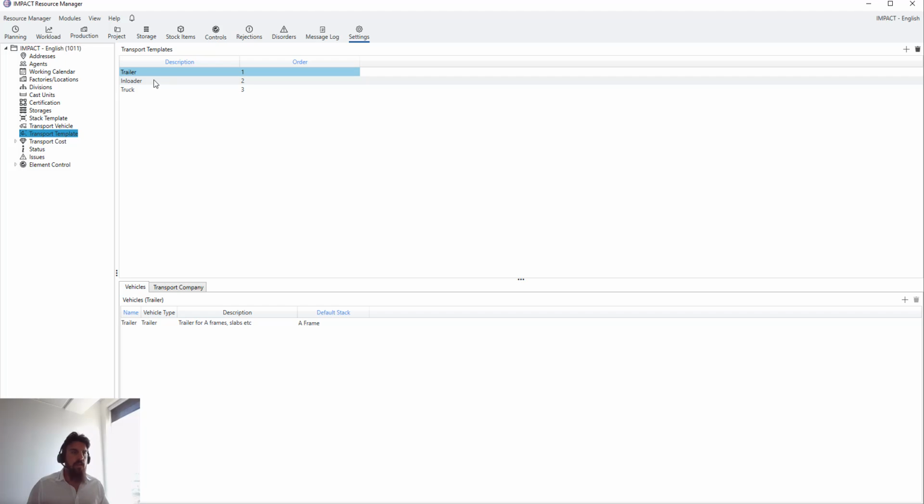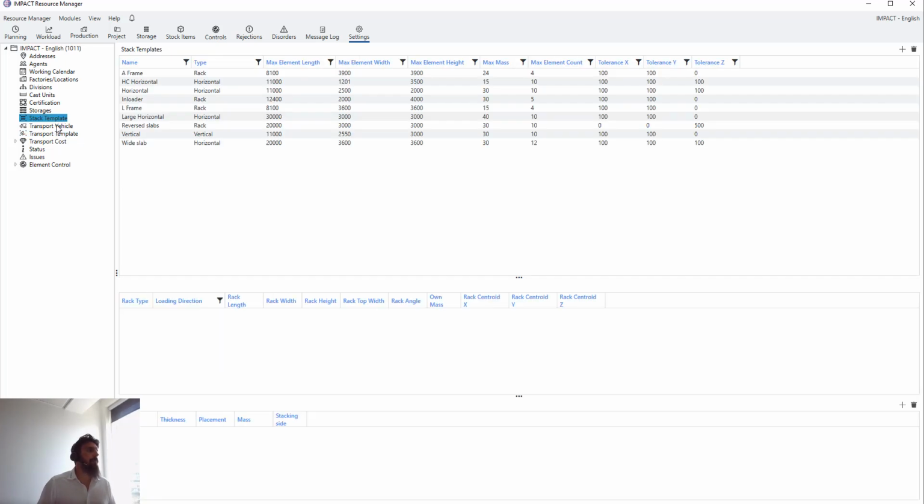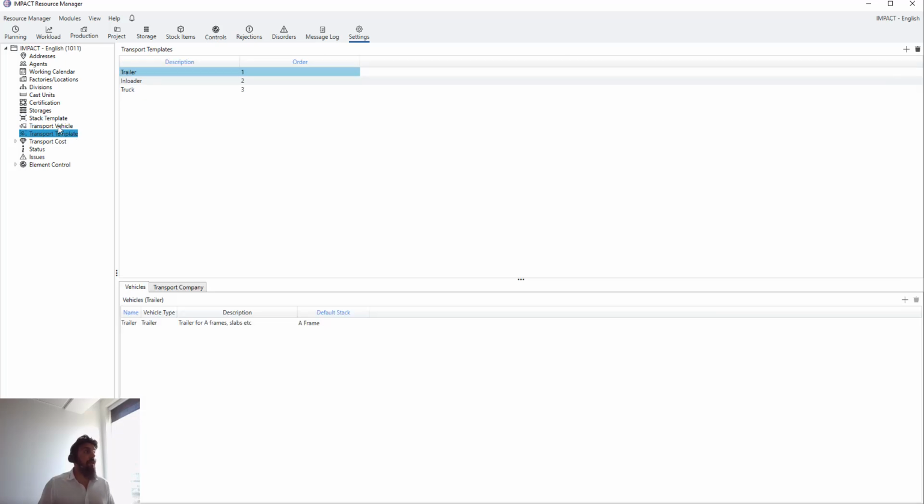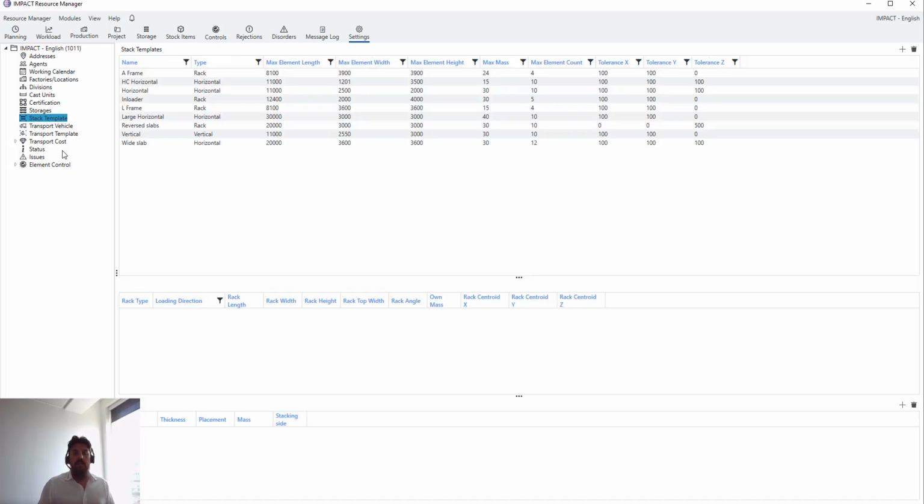What is a transport template? It's a combination of a vehicle and a default stack. Simple as that. So when you have those three fields here filled out with detailed information, then you can decide if you want to use the 3D transport module,